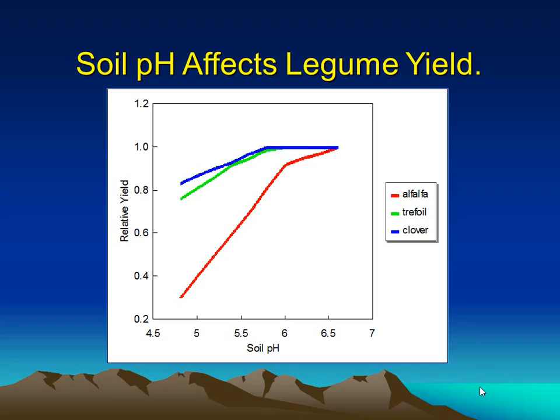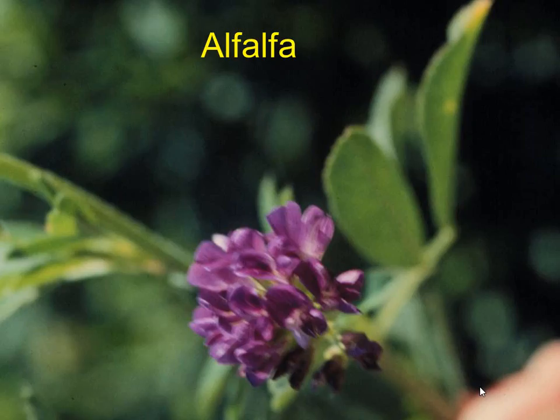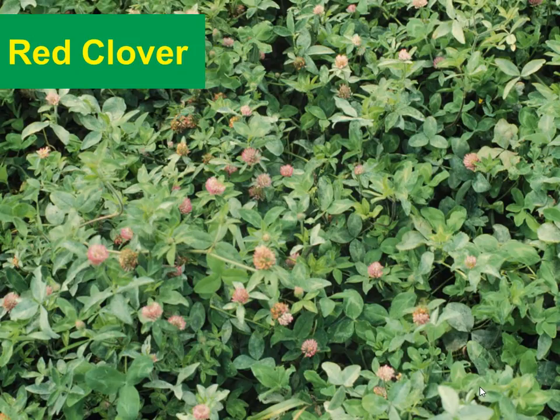Legumes do respond to pH. If you have alfalfa, we want a pH of 6.5, and if you don't, you can see alfalfa drops off real quick. The clovers and bird's foot trefoil, they do real well down to a pH of 6. There's our alfalfa, red clover,